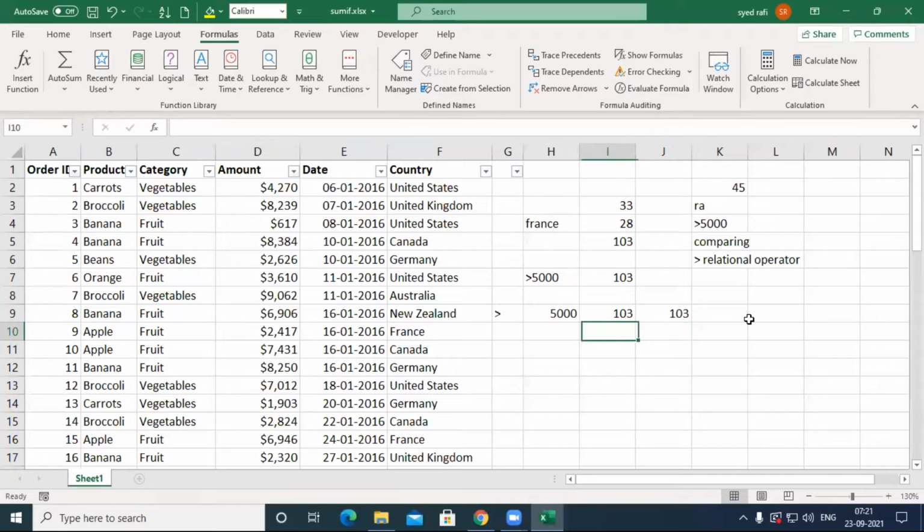Nice. And also, I want to exclude Canada. The remaining countries I need to count, except Canada. I need to count the total countries. How is it possible, except Canada? How do we define this? I don't want to include Canada. Other than Canada, I need to count. So how do we define this?